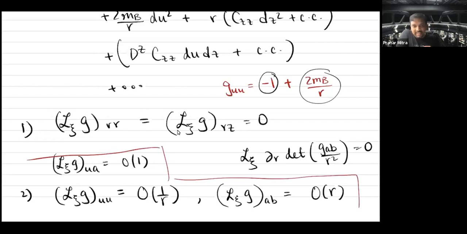Surprisingly, there exists a set of non-trivial diffeomorphisms that actually satisfy these constraints. And that's what BMS called the super translations. Then there are super rotations as well. I'm not going to talk about them today. But the specific class of diffeomorphisms which satisfy the constraints I just told you is just F del_U minus 1 over R